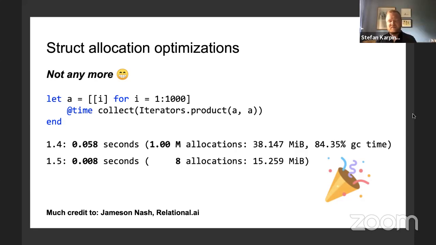I think the true sign of this being an epic transformation in the language, which sounds like a big deal, but my criteria for that is that it eliminates a whole class of workarounds. In the past, we've had these watershed moments in the language, like when functional programming and higher order functions became efficient. Suddenly people stopped doing all these workarounds and just started using higher order programming without fear. And I think this allows us to do view-oriented programming without having to worry about the performance implications. That changes the feel of the language in a way that I think people are only starting to realize when they're using 1.5.